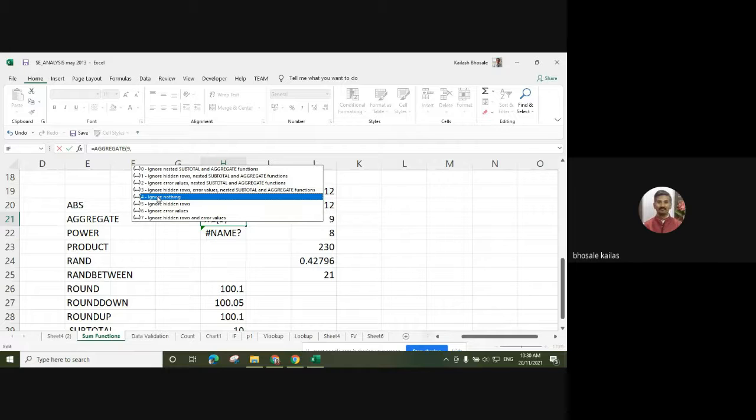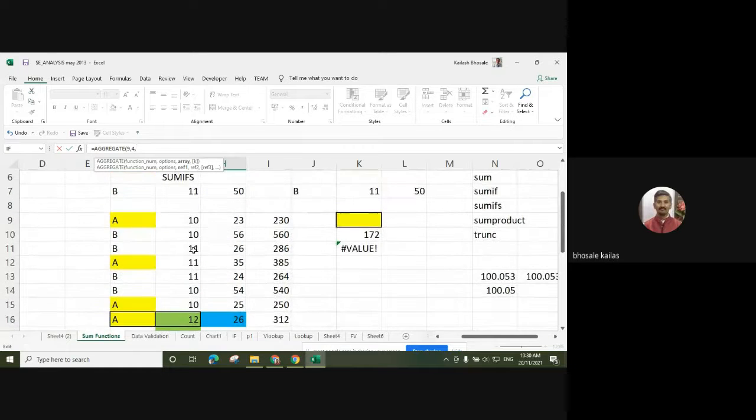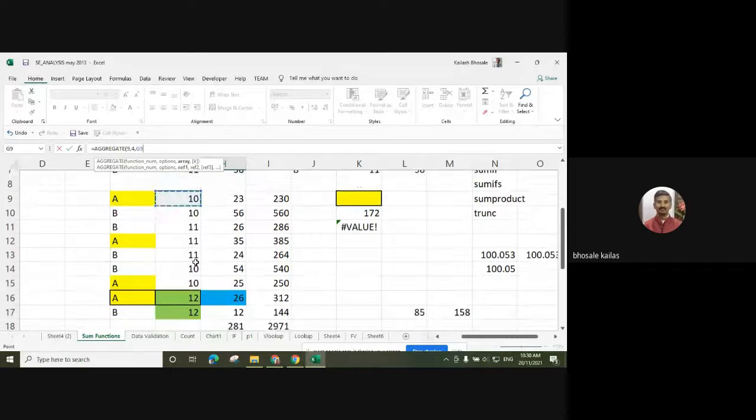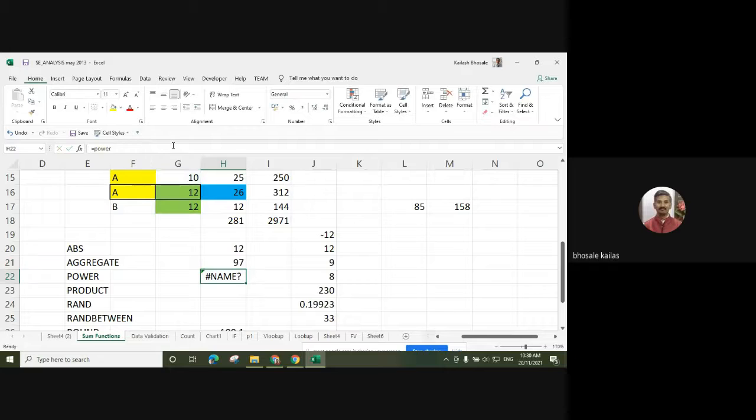Suppose I will ignore nothing, so write down 4. It is asking for the array. Array means where is your database. If you have any database, select the database and press enter. So we have used this aggregate function to find out the summation.